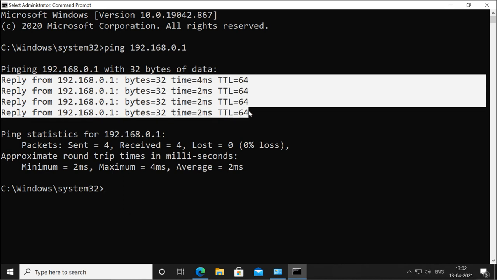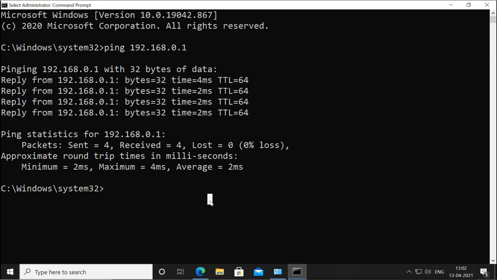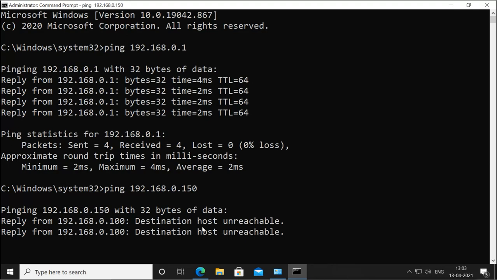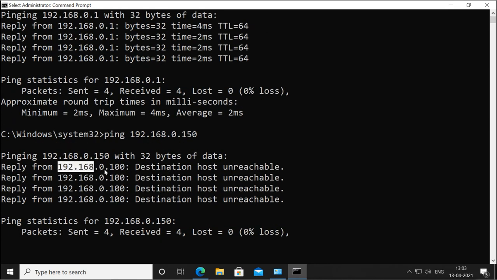Now if you ping any IP which is not there, then you will not get the reply. Like I will ping some IP 150. Now this is not present. So what it is saying here, it is not there. It is saying destination host unreachable. Now it is saying I am getting the reply from this IP. This is my own IP.